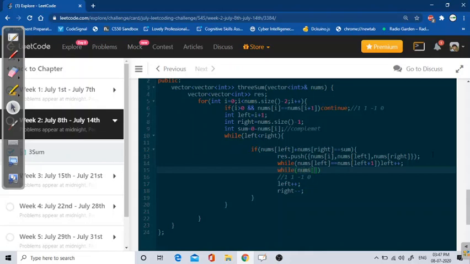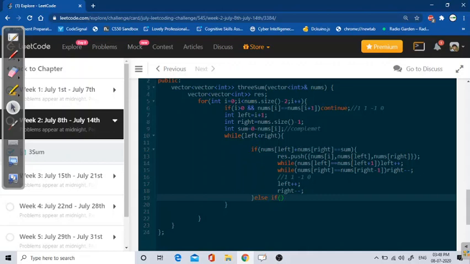If my nums of right is equal to nums of right minus 1, because right is moving in the down direction, then I will do right minus minus. It will remove the duplicate elements, and after that I will do left plus plus and right minus minus.